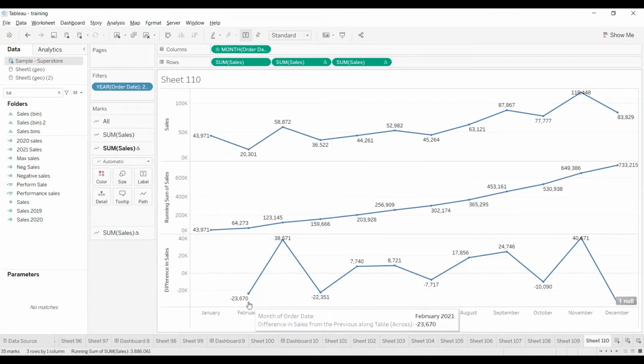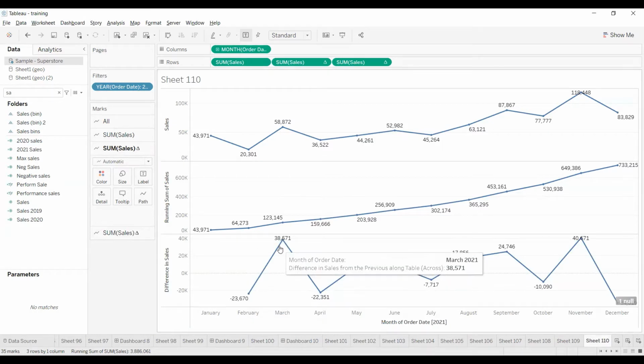So 23,670. And when it comes to March, my March sales is 58,872, and the previous month is February. 58,872 minus 20,301, so the value is 38,571. Likewise, it is giving the data.